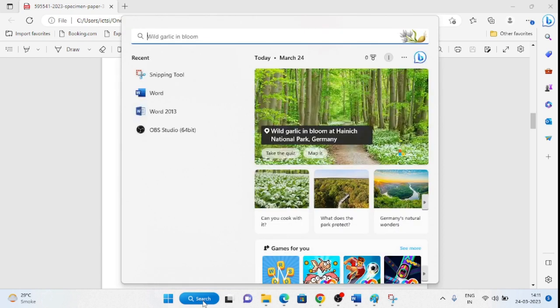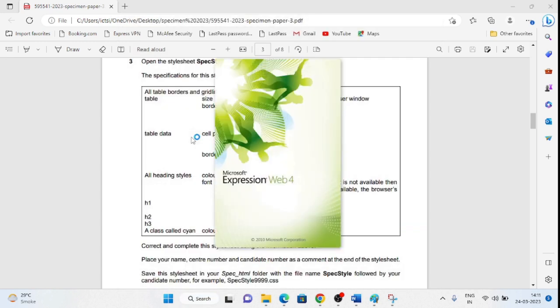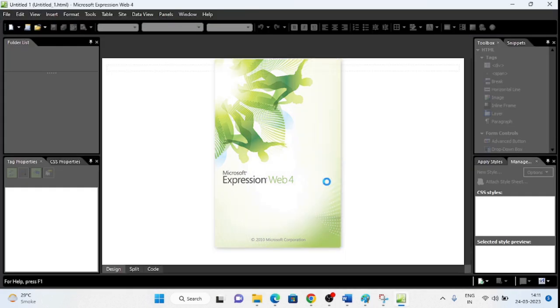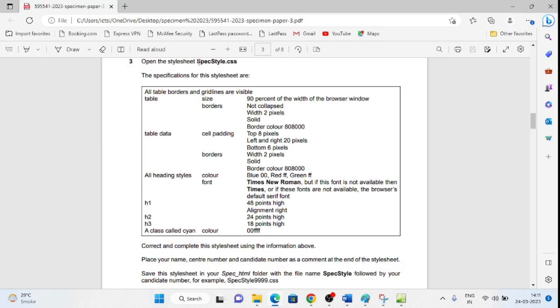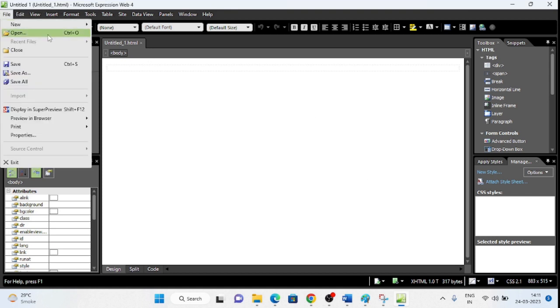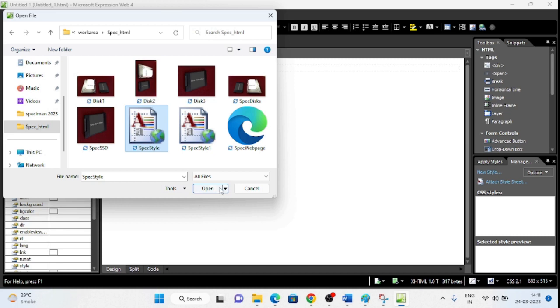So we will do this in Microsoft Expression Web. So open the style sheet, specimen style.css. File, open, specimen style.css.